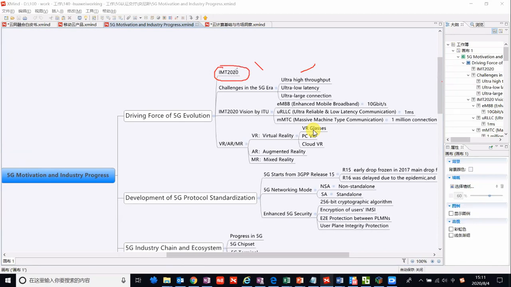This is the official name of 5G, and this name is defined by ITU.